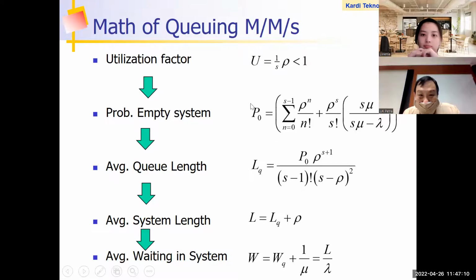And then, first you need to calculate the P0. This is the idle time, the probability of an idle system. And then from the P0 you calculate the LQ, and then the L, and then W, and so on. Okay, so